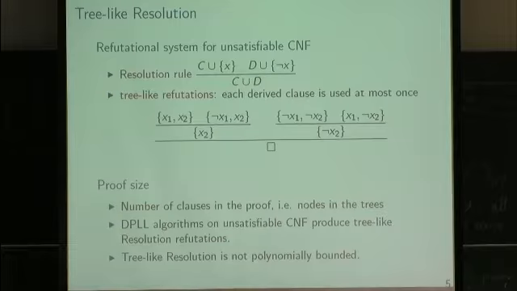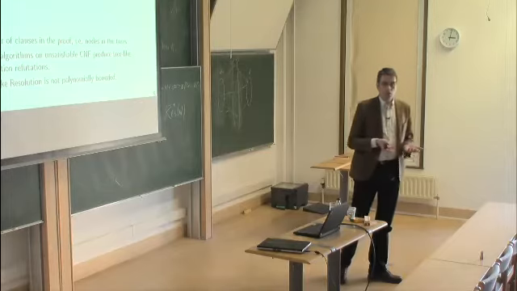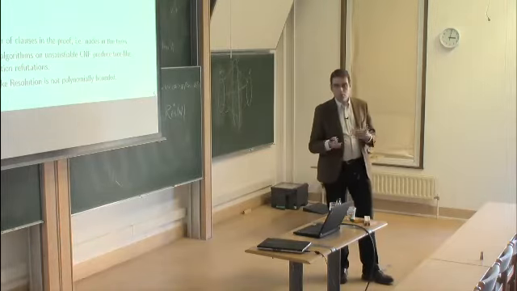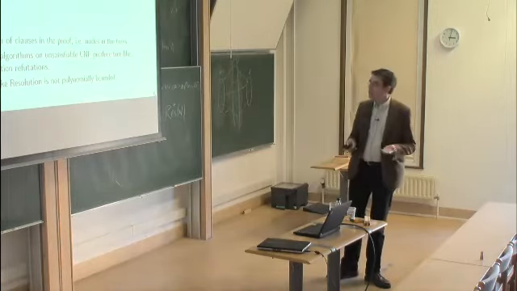So all current DPLL algorithms, all SAT solvers, they use extensions of this system. And it's known that on unsatisfiable formulas, they produce tree-like resolution refutations. So for this reason, analyzing tree-like resolution will tell us something about running times or